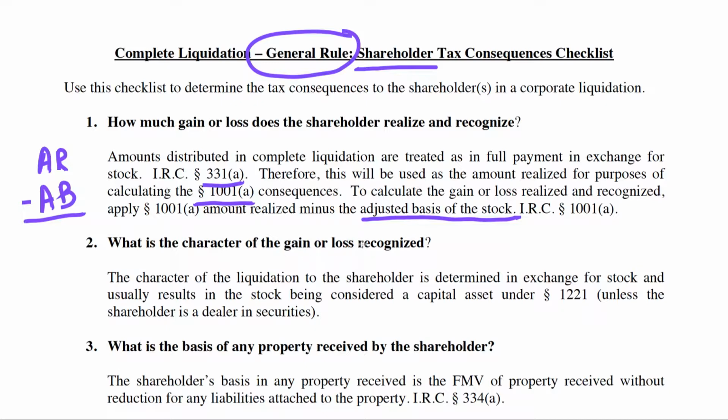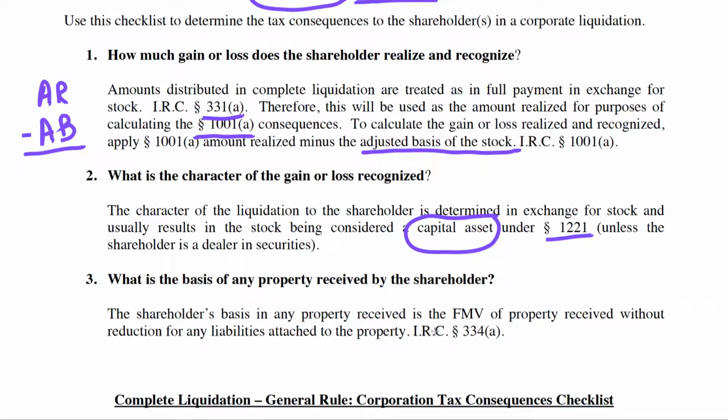So the shareholder has stock in a corporation. Almost always, it's going to be a capital asset under Section 1221 because it's investment property, unless it's a dealer or broker in securities, and then it'll be treated as inventory and therefore ordinary income. But almost all shareholders will be treated as holding a capital asset under Section 1221, and therefore capital gain or loss. If the stock is held for more than a year, long-term; a year or less, short-term.